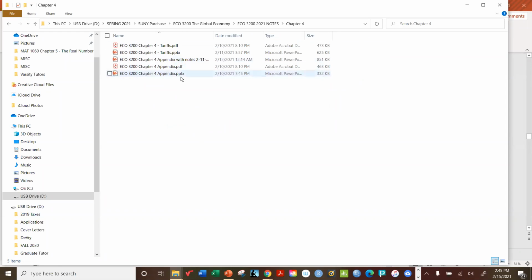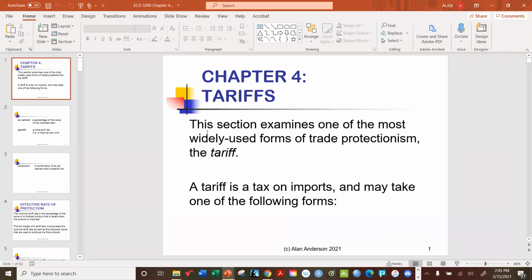So this is 4. Now we've already looked at the appendix, which is where we discussed consumer and producer surplus. So now we're applying these to tariffs. And so again, just a quick reminder, a tariff is a tax on imported goods. So some percentage or some dollar amount is added to the import price of a good by the US government. So when the product comes into the US, the price or the tax is added to it, and then it